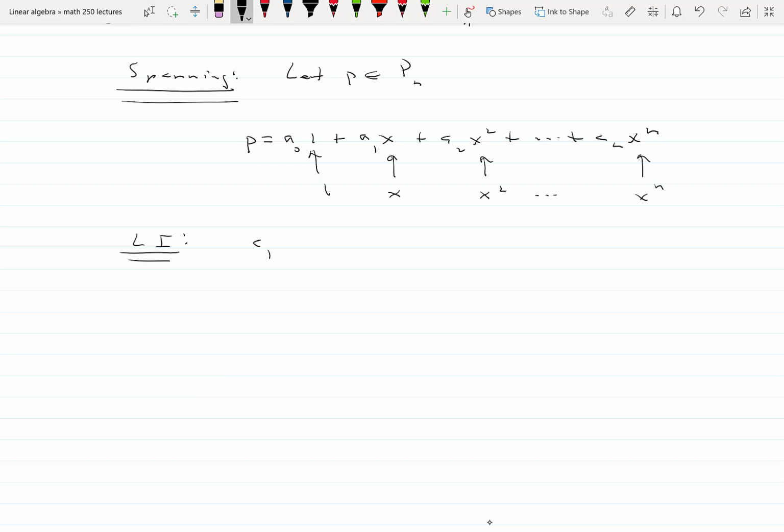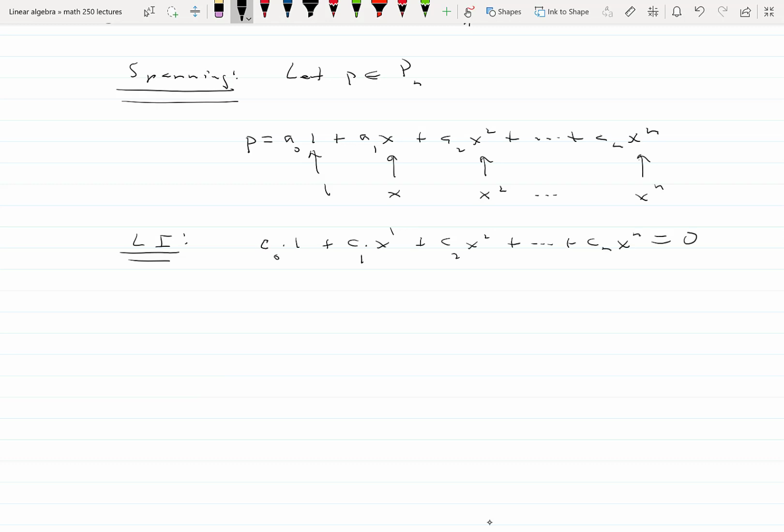Set up the equation c1v1 plus c2v2 plus c3v3. Let's do our constants starting at 0. To make it simpler, the constants don't have to start with 1. They just have to be constants. So here it's c0 times 1 plus c1x plus, just so we can have the subscript correspond with the exponent, c2x squared plus ... plus cn